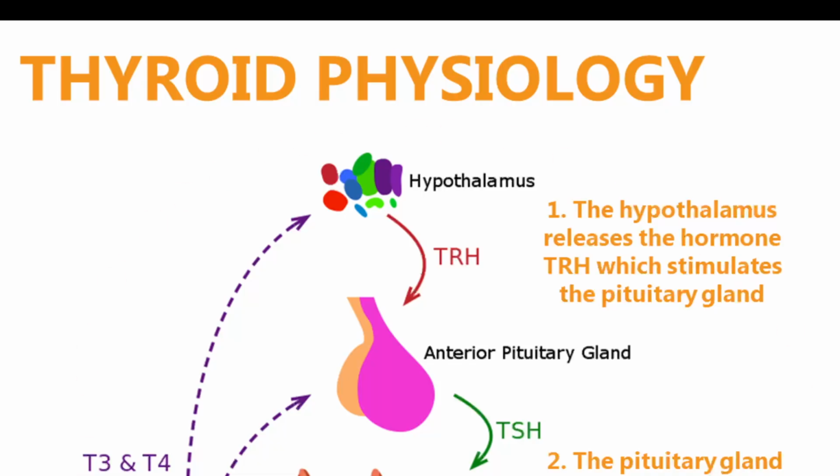So this is the loop that the thyroid gland follows. Starting from the hypothalamus is the thyrotropin releasing hormone, which signals the pituitary gland to produce thyroid stimulating hormone, or TSH. Then the TSH signals the thyroid gland to produce T3 and T4, and high levels of T3 and T4 in the blood then signal back to the hypothalamus and the pituitary to stop producing more TSH.